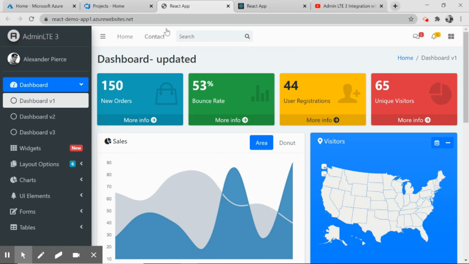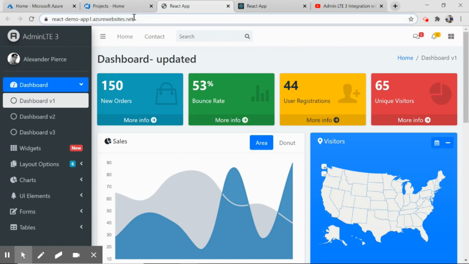And with this URL, I think you must have got an idea that my application has already been deployed to the Azure environment. Yes, correct. This is the localhost 3000 where locally my React application is running, and this is the Azure App Service URL where I have deployed my application. But I'll do it once again from scratch.